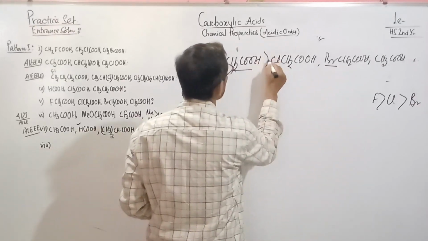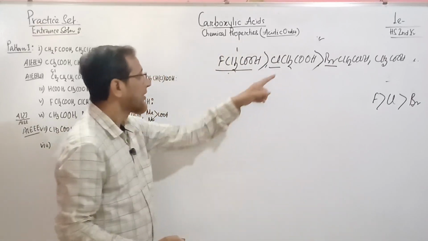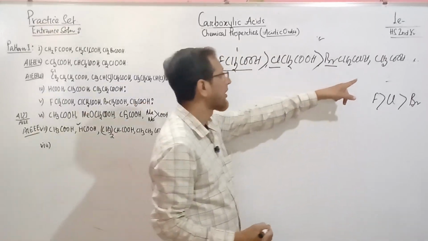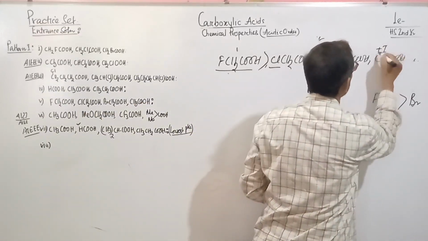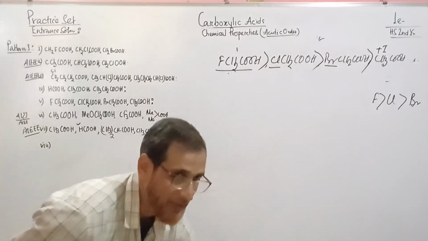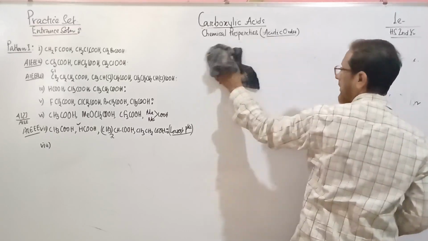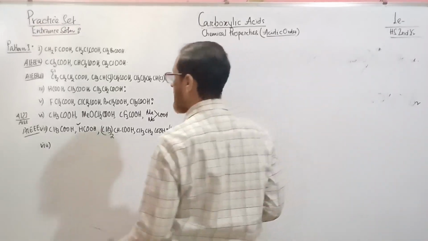So this is higher than this, and this will be the least because here plus I effect is there. So this is the least. So again, nothing to explain. It is a very simple one. Next one is,